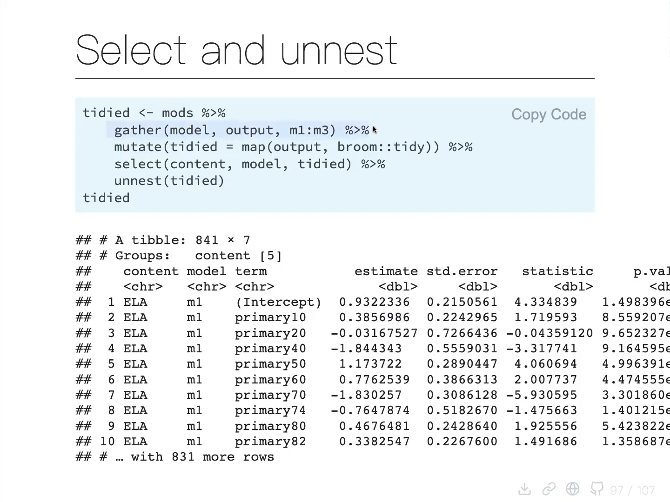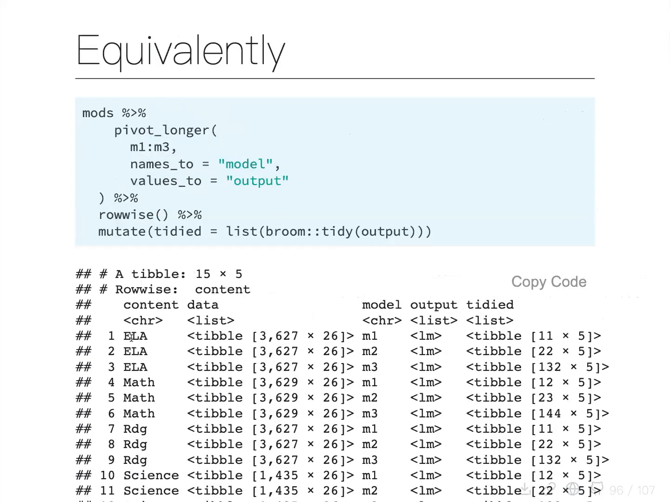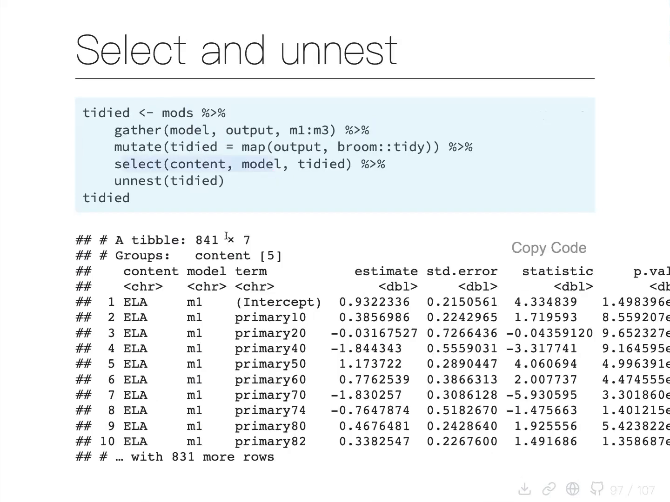This is old code. That should be pivot longer. Here's the mutate where I'm tidying. And now I'm just going to select content, modeled, and tidied. Okay, so I'm going to select content, the actual model, M1, M2, M3, and then this tidied list column. And then I can just unnest it. Okay, and then through that one,